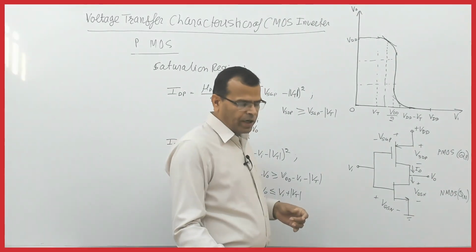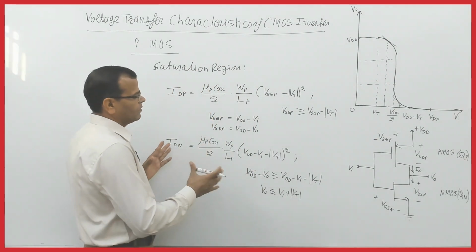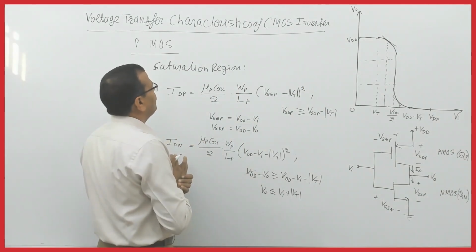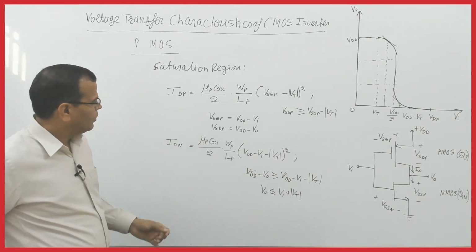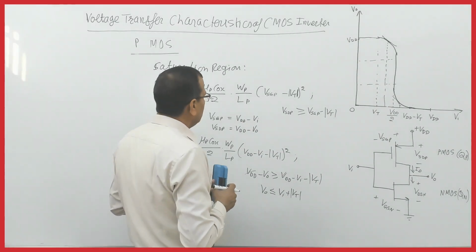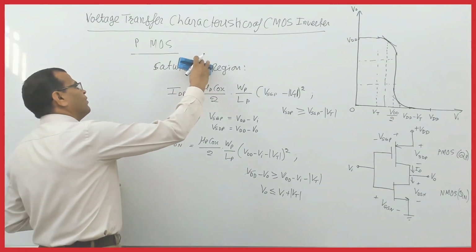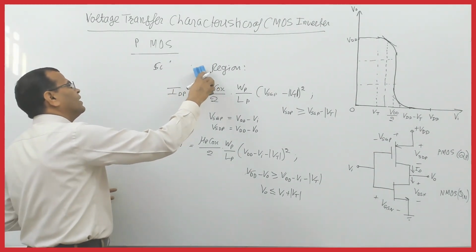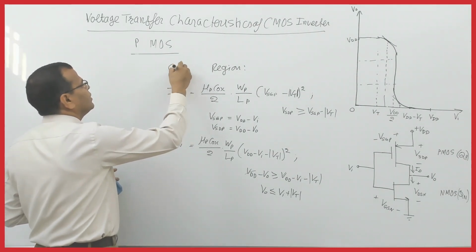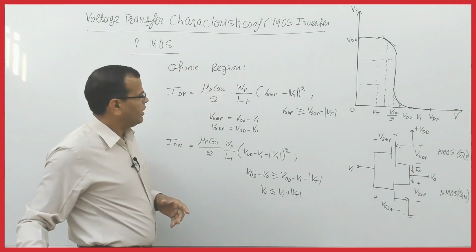Now we can derive the similar relationship for the ohmic region of operation. Fine. So now let us see the operation in the ohmic region, or we can say the expression of drain current for the ohmic region in terms of input and output voltages. So for the ohmic region, the expression we have seen, we can write it